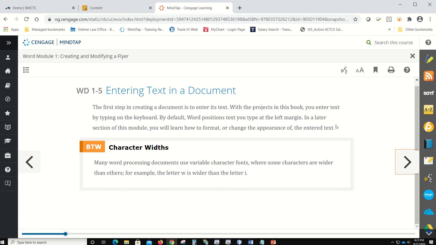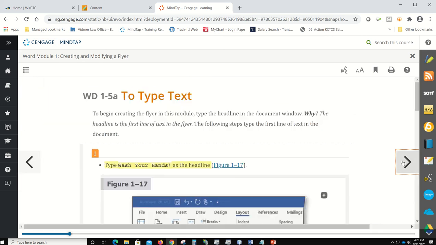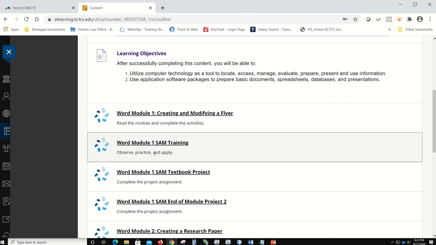They talk a little bit about character widths. And finally, we get to type something. So this is where I'm going to get out of the textbook. I have the instructions in the printed book, which is a little easier for me to follow, not having to split screens. So for this purpose, I'm going to close out the reading, and I'm going to go,